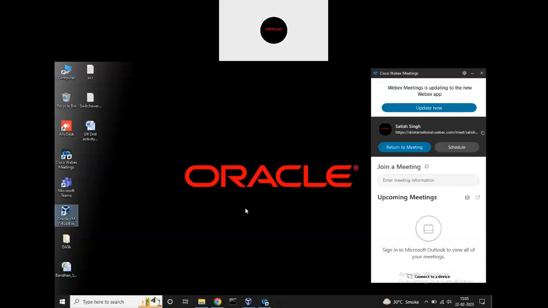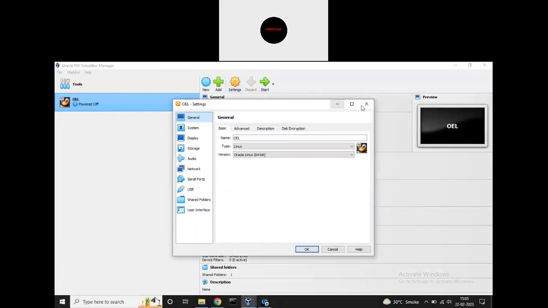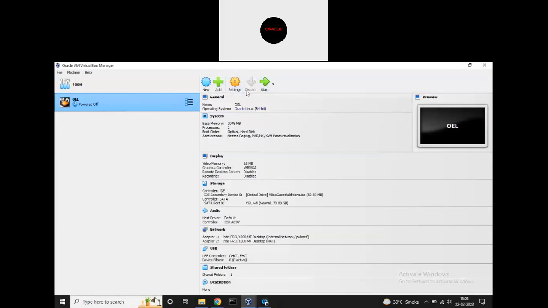So I will show you on the Linux system only. I will create an Oracle Linux machine. If you need, I will share with you the Oracle virtual machine, and I will share the